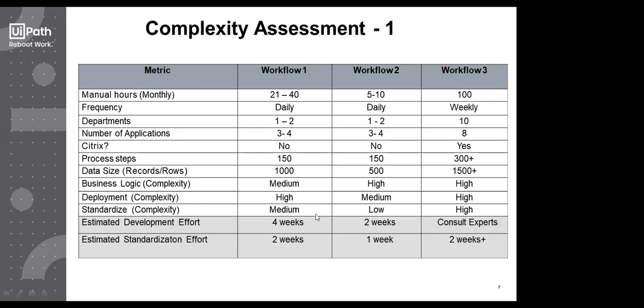Then standardization effort, as we've discussed earlier. If there is a lot of unstructured data, you try to make it structured so that it can be given as an input, or utilized by the bot for further processing. If you put in any effort in that, then you count that. If you have a lot of free text, then your standardization effort eventually goes up. If there is no free text, or very little, say 10% free text, then your standardization effort is low or medium, depending on other factors as well.